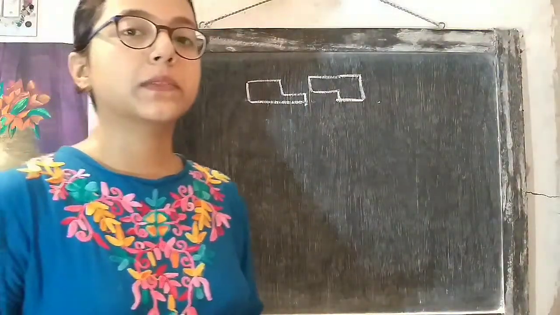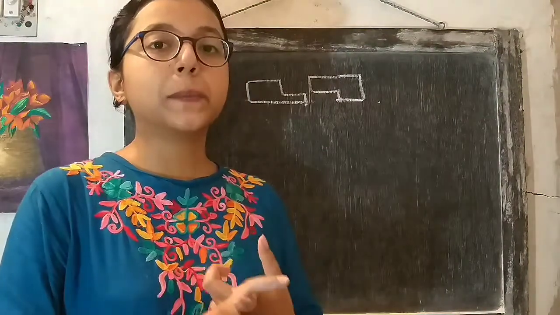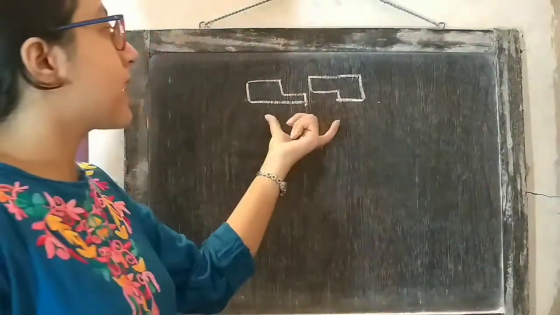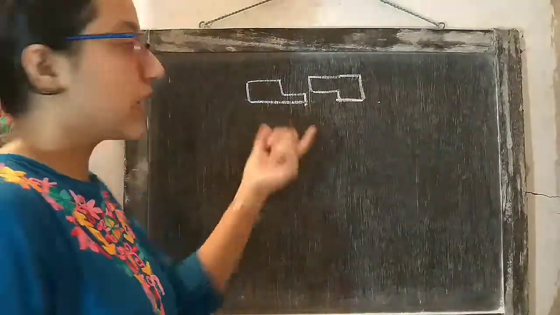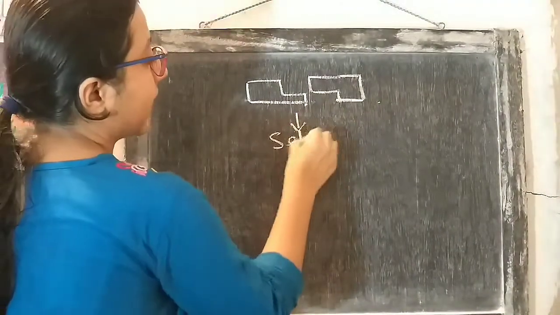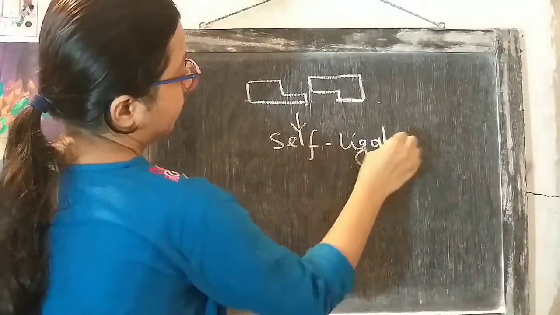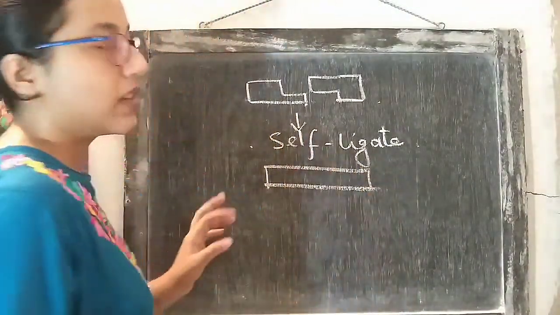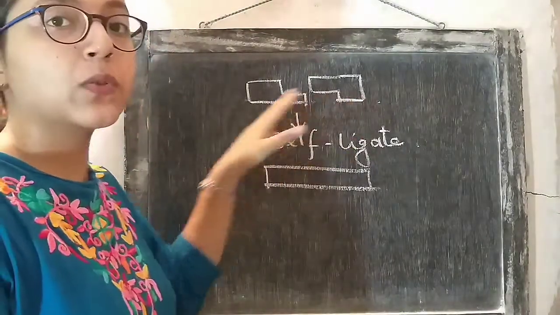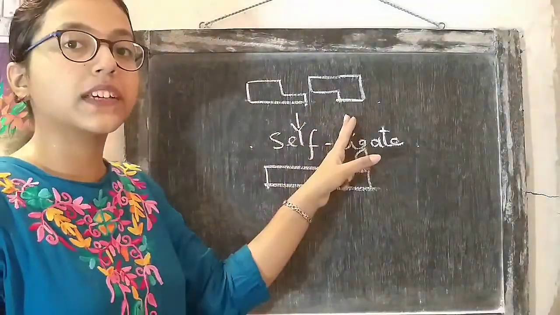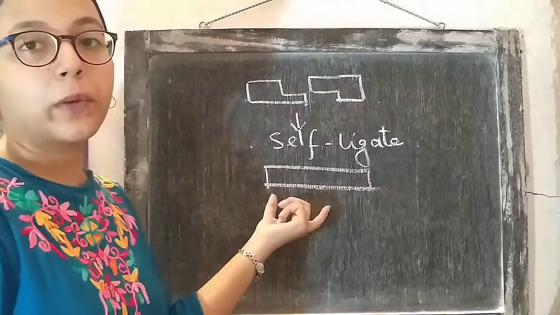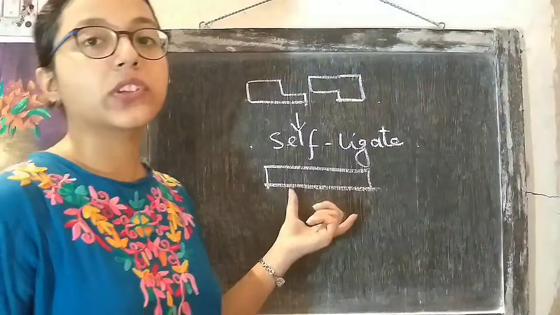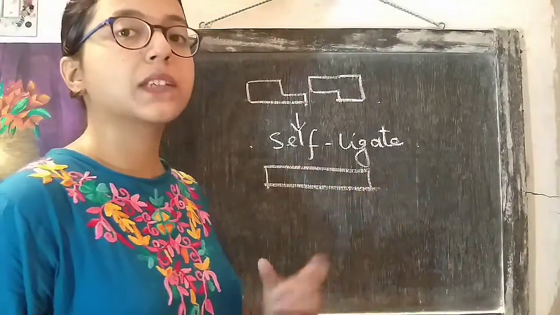Now the problem with adapters is that two adapters that have complementarity can self-ligate to form adapter dimers. In this case we can see that these two adapters are complementary, so they have the ability to self-ligate. If they self-ligate, the structure will be like this. So when two sticky-ended adapters that are complementary to each other are ligated, they will form blunt-ended molecules. This is not desirable because these blunt-ended molecules will be of no use. This process must be prevented somehow.